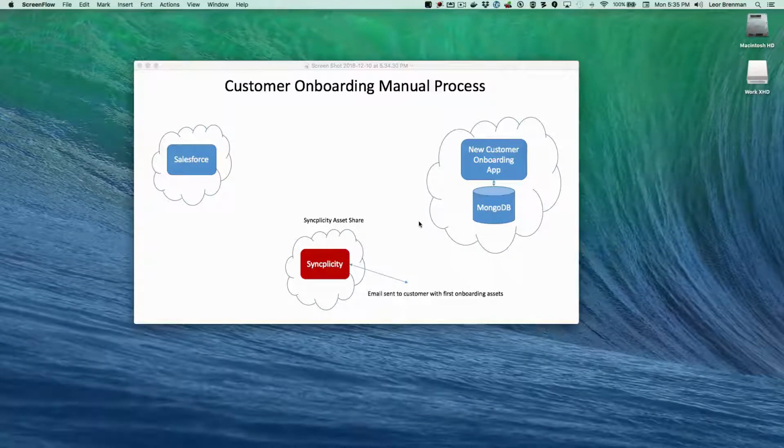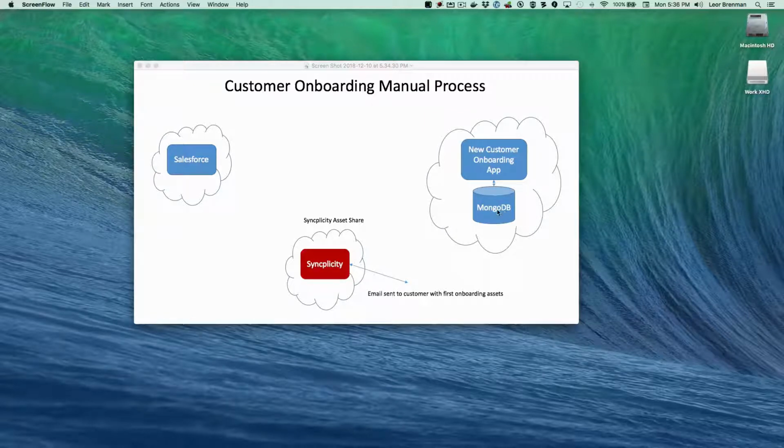This is a demonstration of using Axway's Amplify in a customer onboarding workflow automation. So currently what happens is when a new customer is acquired, they're added as a contact into Salesforce. And then periodically, let's say once a day, the onboarding team logs into Salesforce, checks out the new contacts, and then enters them into their customer onboarding application, which will track the onboarding of a client through the various different